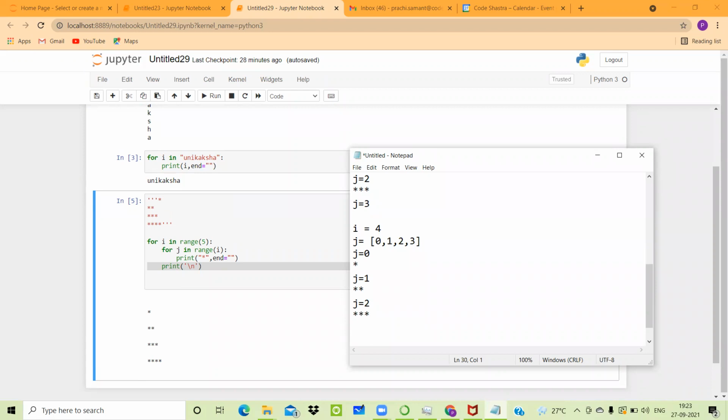After adding the star, it will increment the value of j. J will become 3 now. It will check whether 3 lies in the range. Yes, 3 do lies in the range. So this condition is still satisfied. So it will add one more star to the existing star. So I'll get 4 stars. It will increment the value of j to 4 now. When the value of j becomes 4, that time it doesn't lie in the given range, and that's why it will come out of the loop.